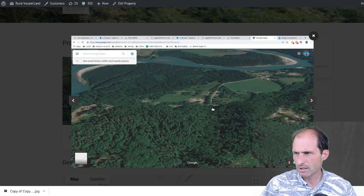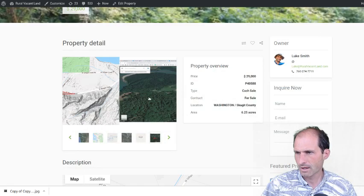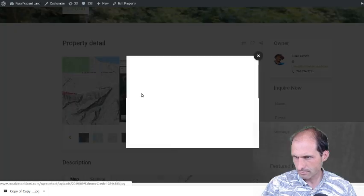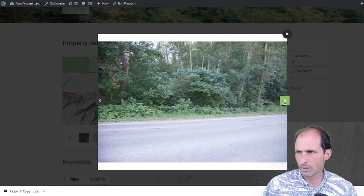So the property would be right down in here. And then just a little ways north of it is the river, Skagit River, running all through this area. Let's keep going through some pictures. So different pictures,